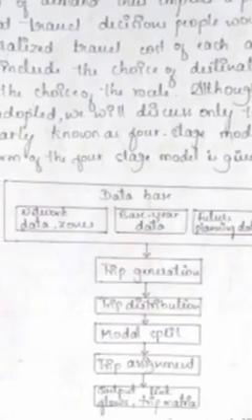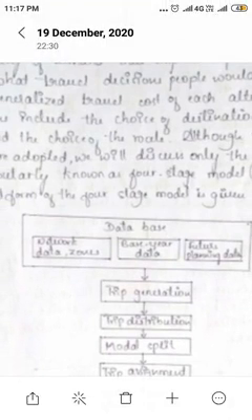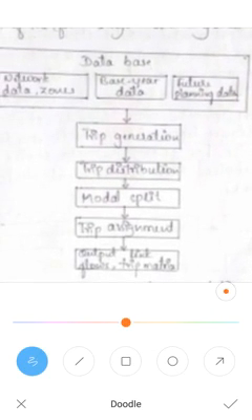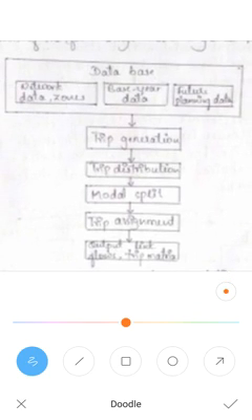Next is trip demand modeling. In trip demand modeling, the aim is to establish a spatial distribution of travel by means of an appropriate